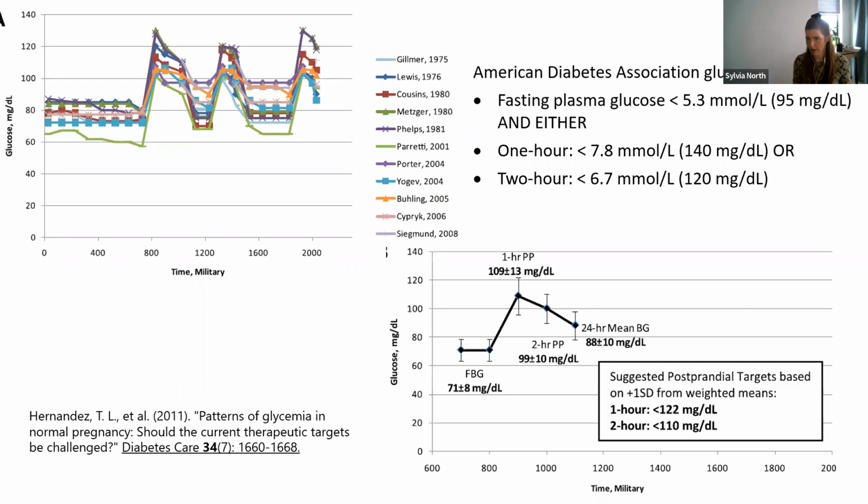So, they found that blood glucose levels are lower than a normal healthy person during pregnancy. And if we use that as the standard, then our glucose targets actually should be quite a bit lower than what we use in clinical practice. So what that means is if a woman with diabetes in her pregnancy has a few numbers that are just outside of range, that's actually quite far out of range for what a healthy level should be. So we're not being mean when we say there are these criteria if you're just off by just a point,